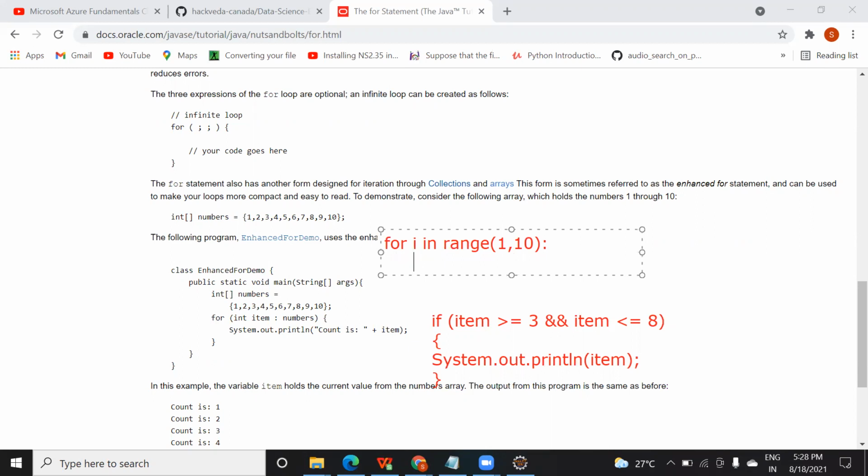So I is here a temporary variable that will be assigned in the range 1 to 10. But here I'm taking the same item as a temporary variable, but that will be assigned based on this colon numbers. Numbers is your array that has values from 1 to 10.